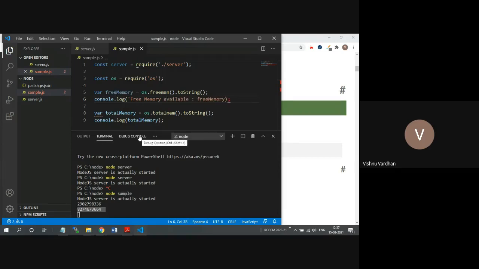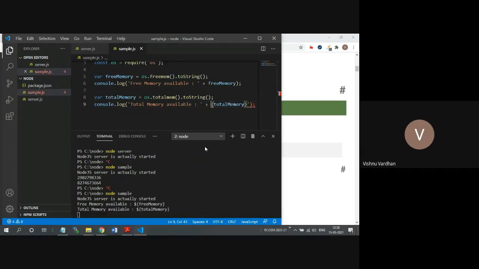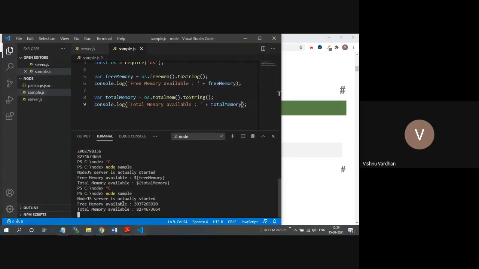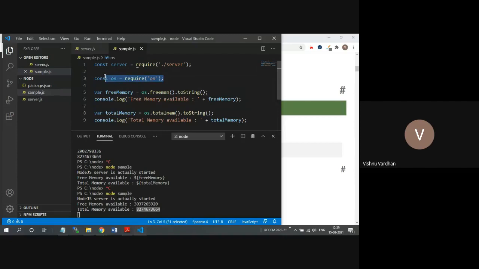Okay, and you can concatenate the things like this, and you can show whatever processed information in this way, and after that we are going to see how that information is going to be printed. So free memory is maybe some 3 GB, I don't know, and this is maybe some 8 GB total memory. So in that way we can have our implementation which is coming from this particular package.